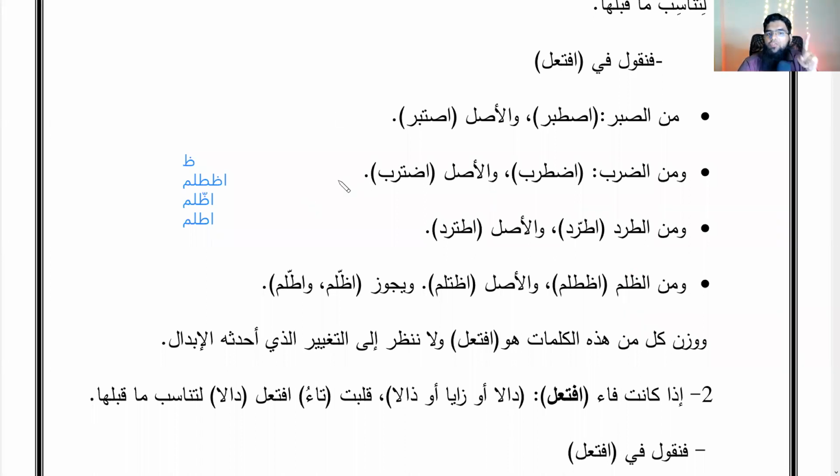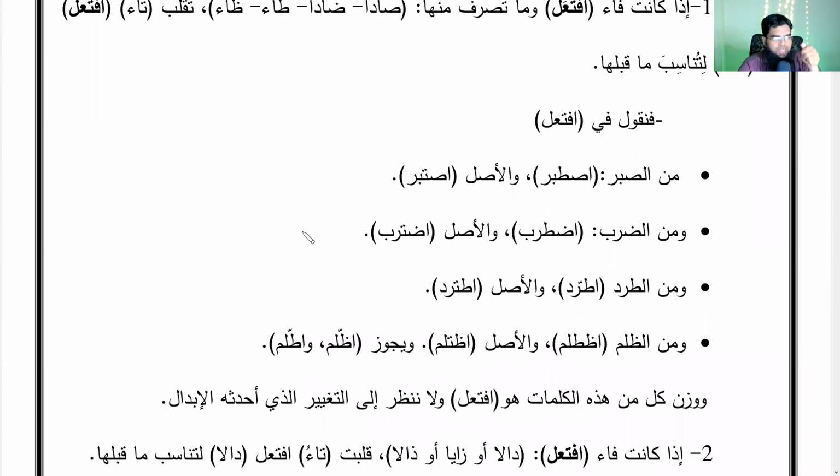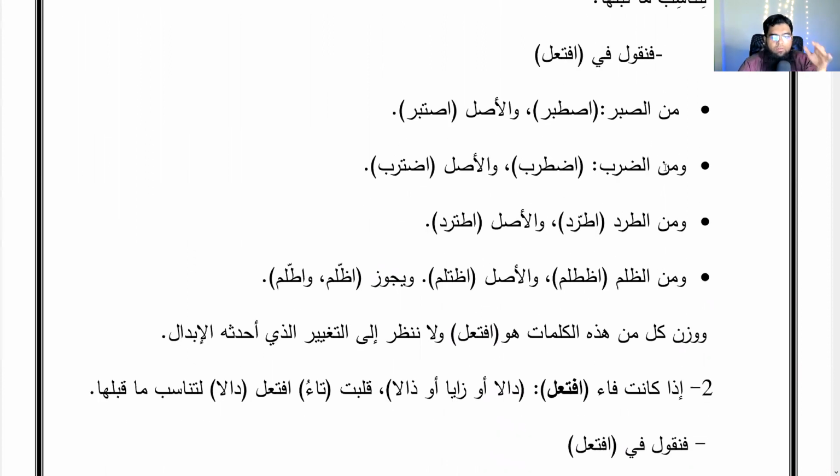Okay, so only for the letter dha. Right? So what are we doing? We are doing taghyiru harfin biharf, changing one letter to another. So the first place is what? The ta of the ifta'ala will be changed to a ta. And for dha, we can change it in three ways. You can remember this example, zulm, oppression. You can do izzalama, the normal one. And then we can do izzalama, changing both of them to dha, or changing both of them to ta.